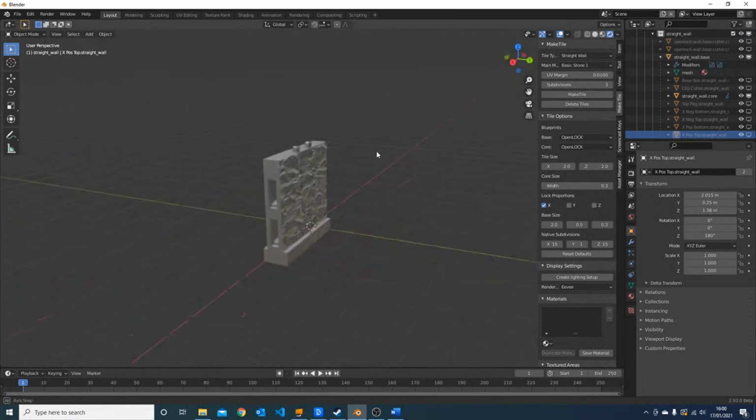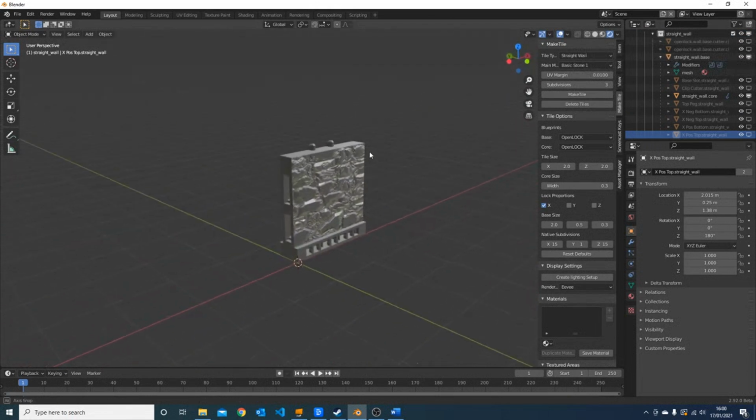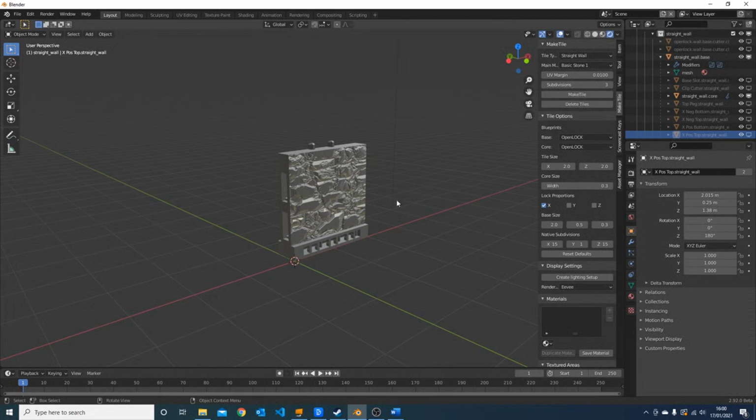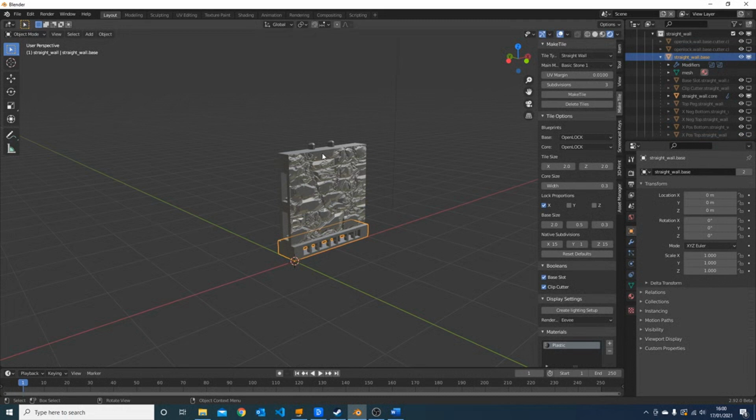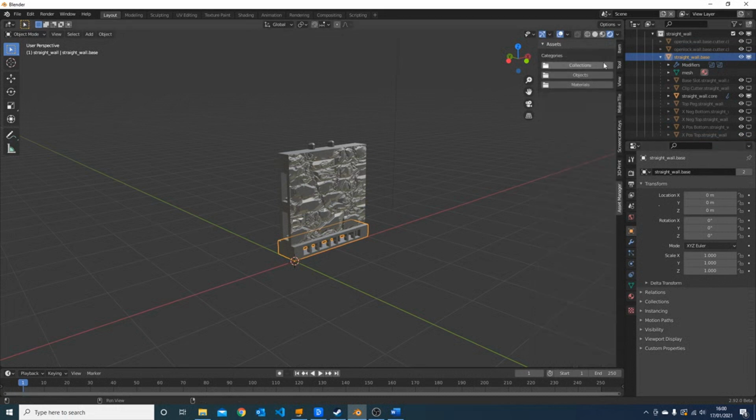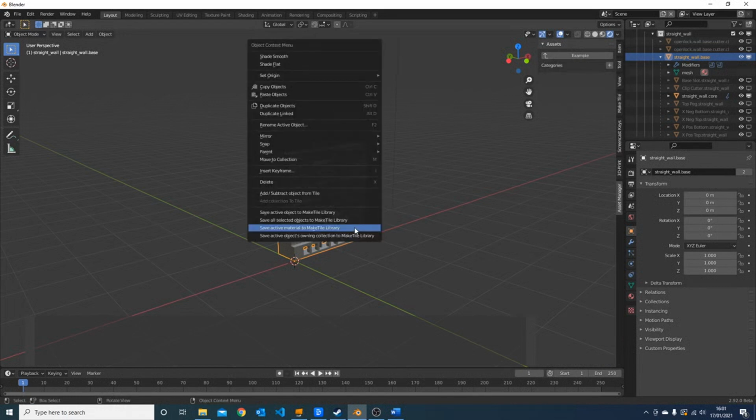So if you want to save a tile for later reuse, what you need to do is save the collection. This works in pretty much the same way as with the objects and the materials, but there's a couple of extra options which you need to set. So I'm just going to go over to my asset manager. I'm going to navigate to a collection. I'm just going to create an example collection again, navigate into that. And then I'm going to right click on an object in my tile and select Save Active Object's Owning Collection